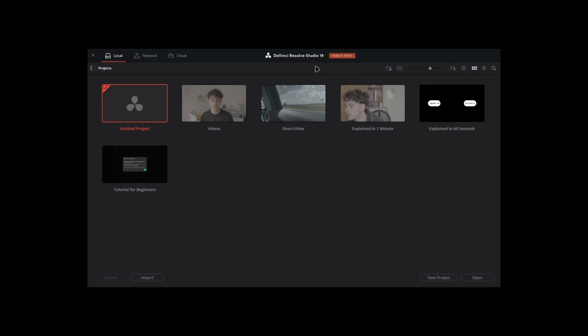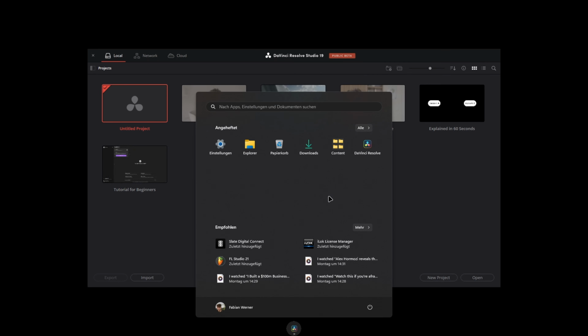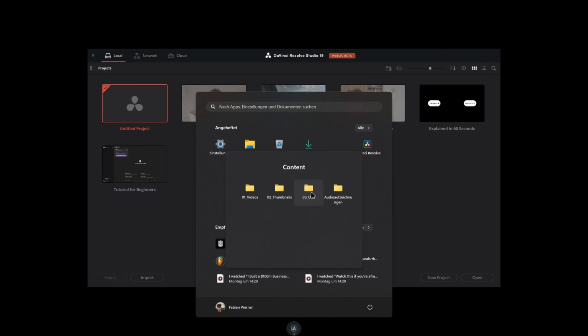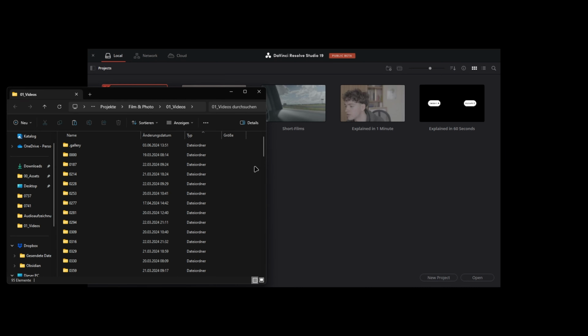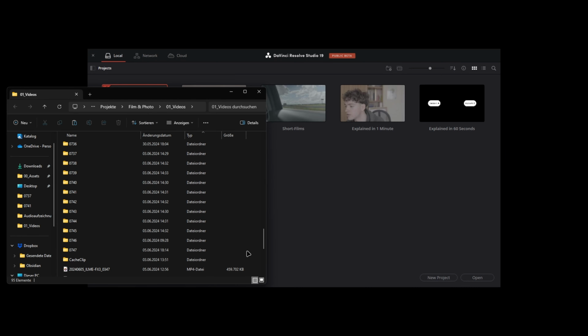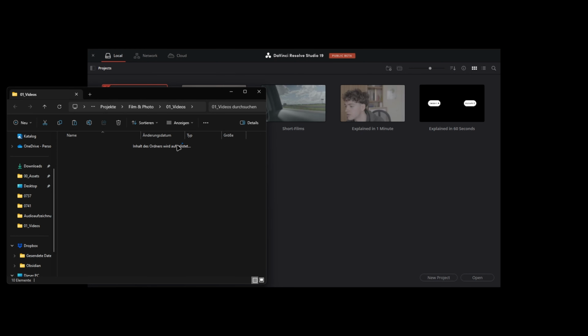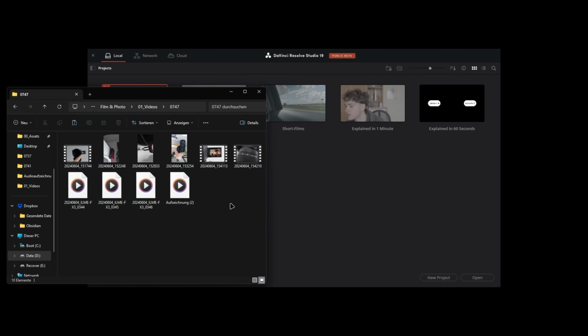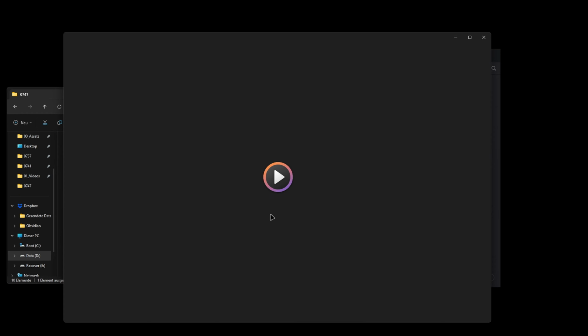Okay, so the first thing we need to do before we can do anything right here is to get the footage on our PC. And that is what I already did. So I went ahead and did that. I have folders with numbers for every video. Every video gets an ID. And the video we are talking about here has the ID of 0747, which is the video here